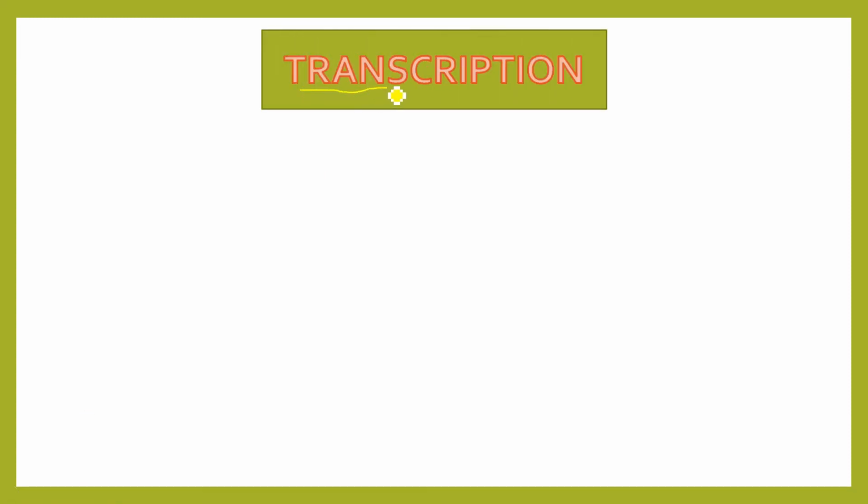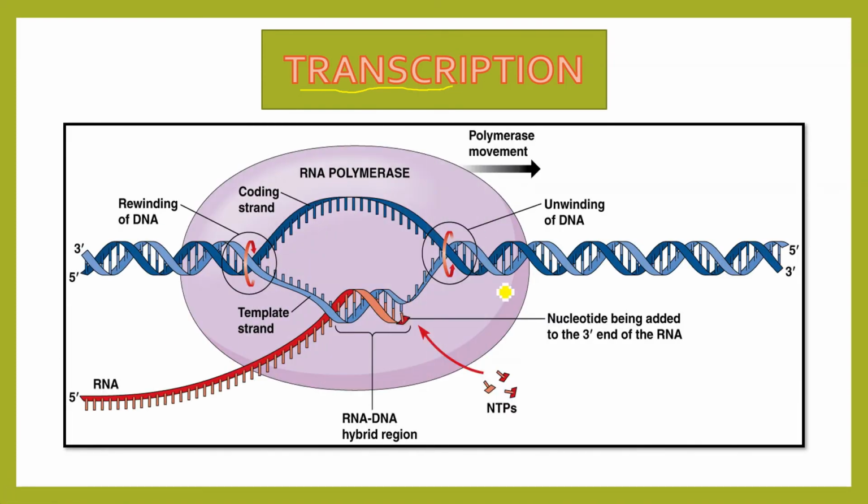The very first step of transcription is to transcribe something. In this transcription, this is the structure of the DNA, and from that DNA there is a newly synthesized RNA. So this is the DNA, this is 5 prime to 3 prime, and second is 3 prime to 5 prime. On this DNA, the very first enzyme that comes into the picture is the RNA polymerase. This is RNA polymerase, and this is the template strand.